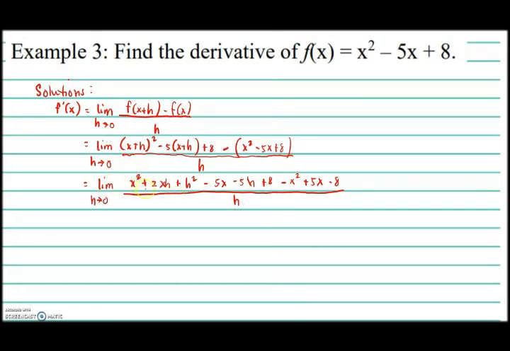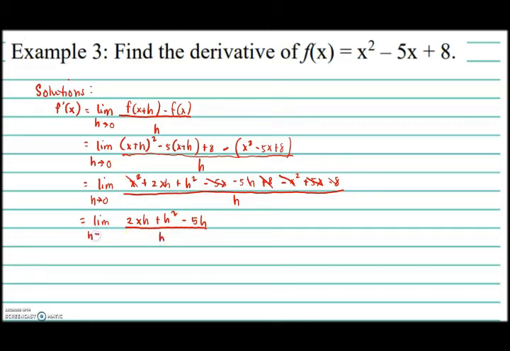Combine like terms, so you can now cancel x squared and negative x squared, negative 5x and 5x, positive 8 and negative 8. So we are left with the limit of 2xh plus h squared minus 5h all over h